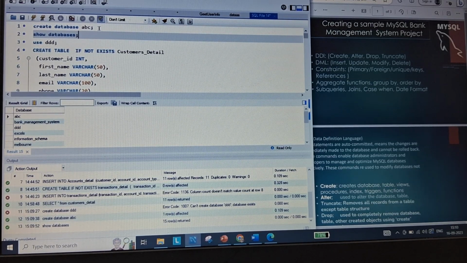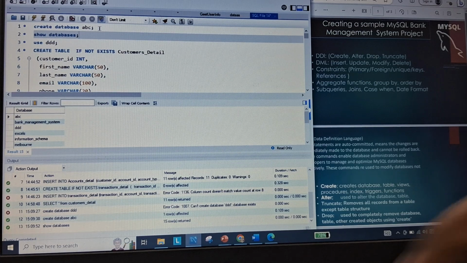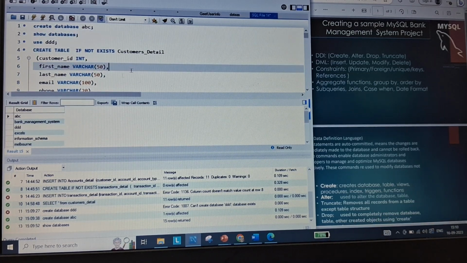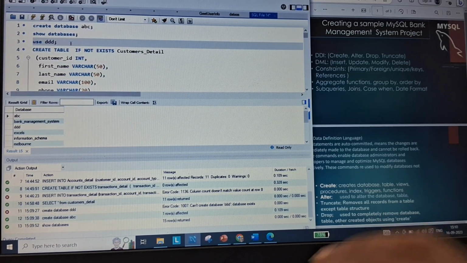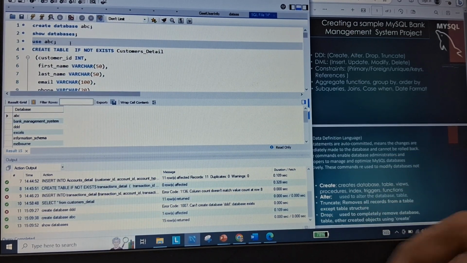There are some other databases also. Okay, so use the command use ABC.